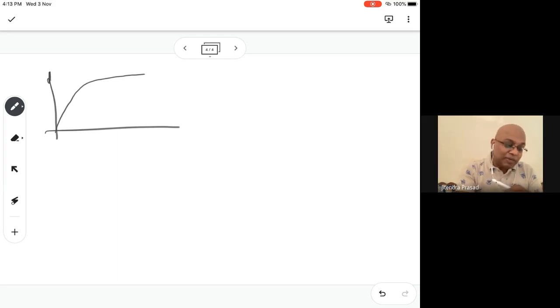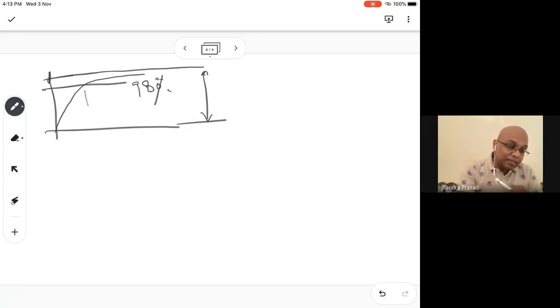Let us say this is the actual value 1, and this is 98%. And for this the time is equal to 1 minute. Yes, this is 1 minute. So like this one, that really means that our c(t), which is equal to 1 minus e to the